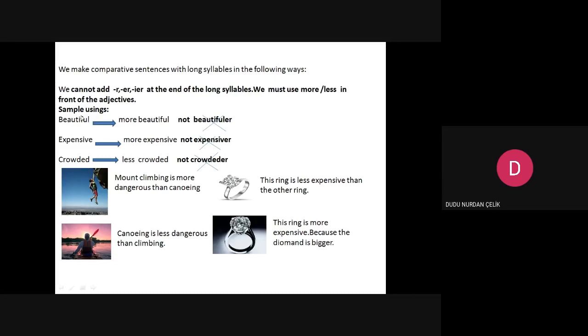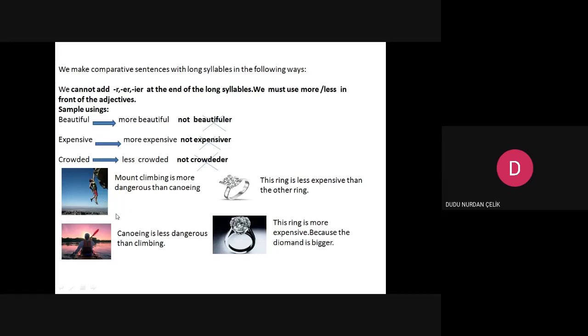For example, beautiful, more beautiful, but not beautifuler, never. Expensive, more expensive, not expensiver, never. Crowded, less crowded. Not a lot of crowded means less. Less means not many people.